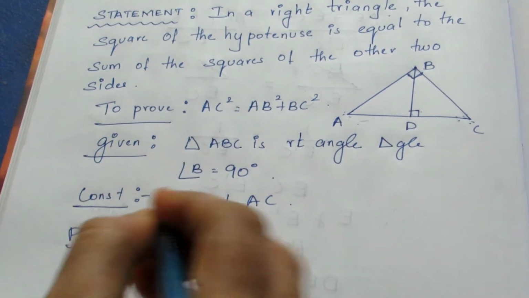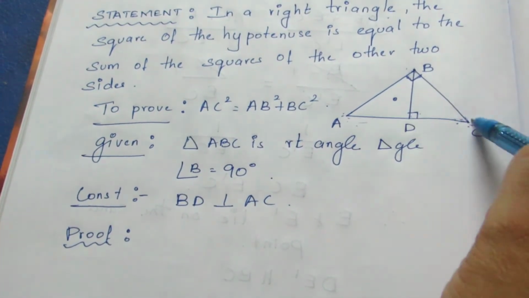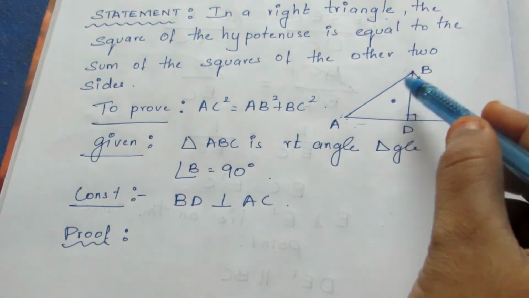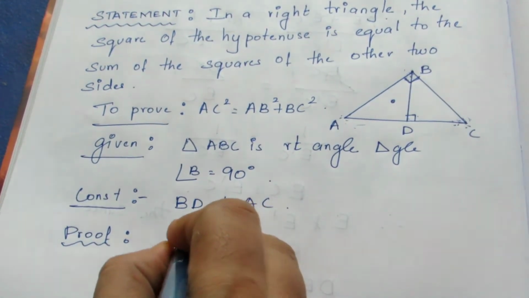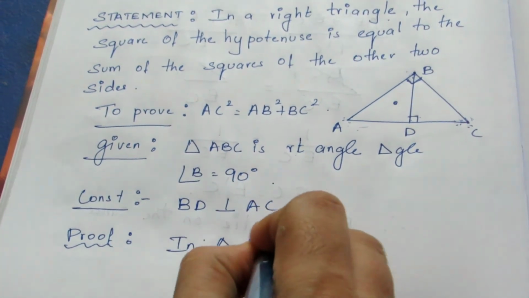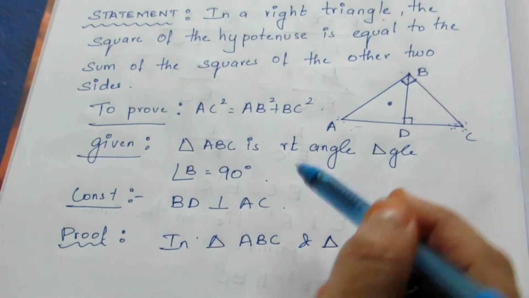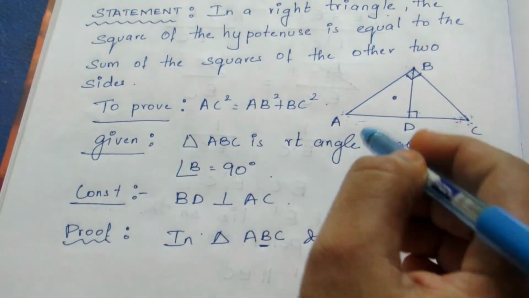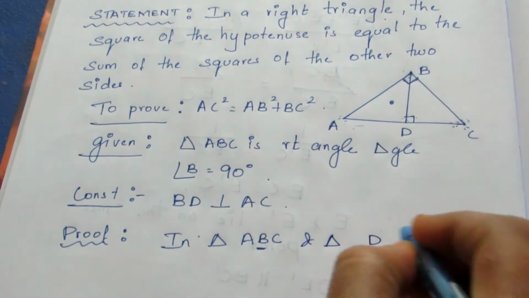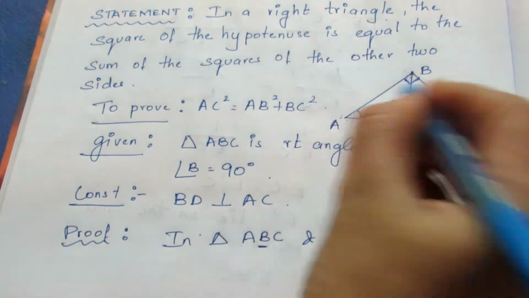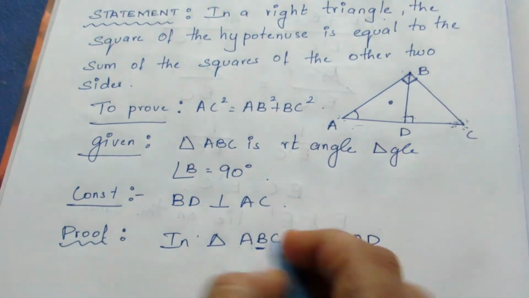For the proof, I am going to take the smaller triangle and the bigger triangle to prove the similarity. In triangle ABC and the smaller triangle, if B is 90 degree in the big triangle, then the second letter should be 90 degrees. Your 90 degree is your D. Then we know that angle A is common to the smaller one as well as the larger one. So angle A will be equal.